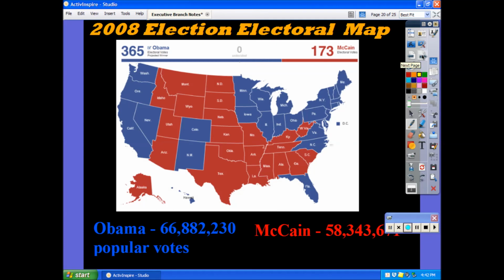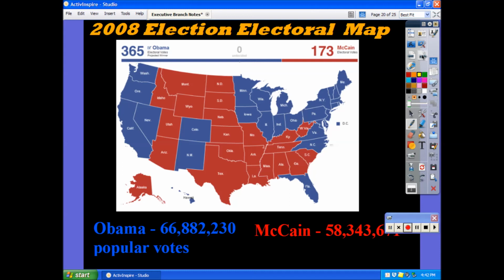We're going to look at a few maps here, and I'm going to briefly say some things about these maps. These are election maps from 2008 and 2012. In 2008, Barack Obama won pretty handily against John McCain, and you can look at the map and see the states which are in red that McCain won versus those in blue which Barack Obama won. And it looks like a pretty close election based upon the number of states.